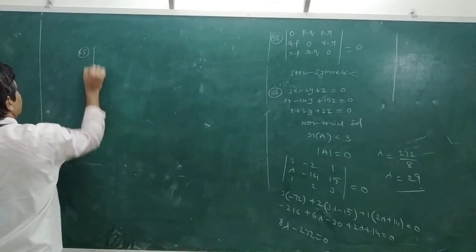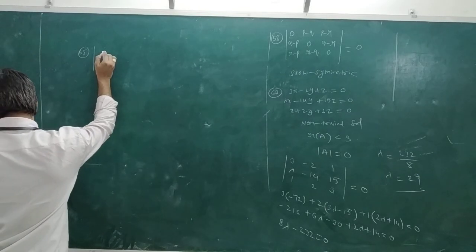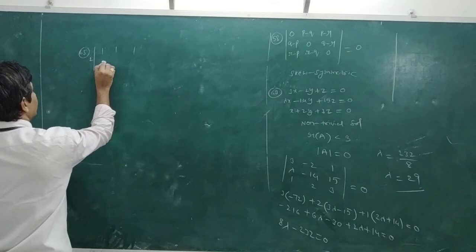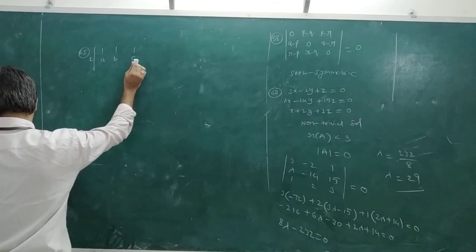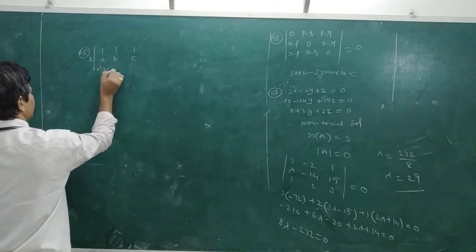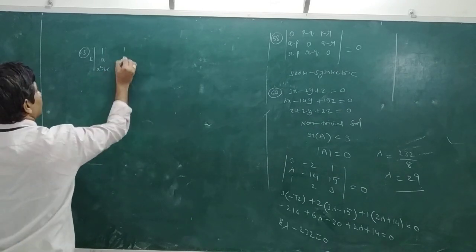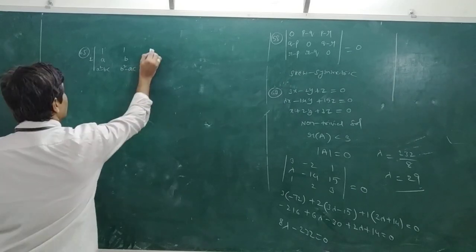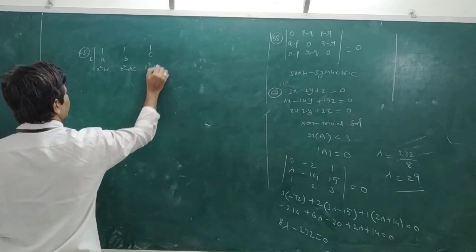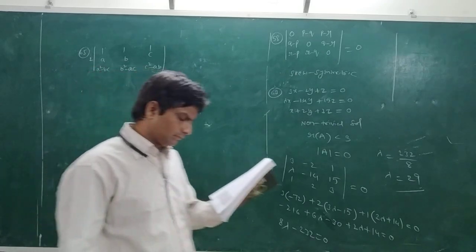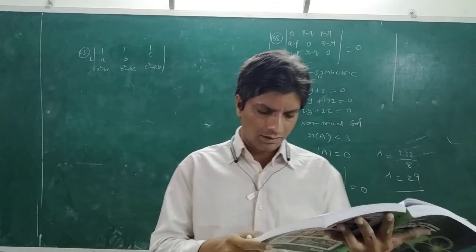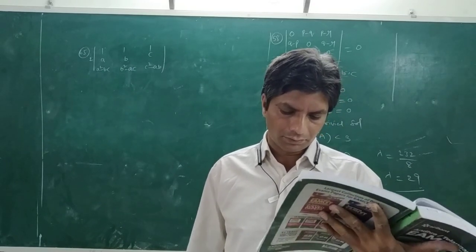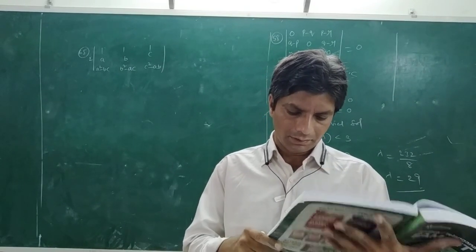Last problem. The determinant of 2 into the determinant of the matrix with rows 1 1 1, 1 1 1, A B C is given here. The entries are A square minus BC, B square minus AC, C square minus AB. We have to find this. We can verify by taking values of A, B, C in place of that, or else how can you do this? 2 into the determinant of this.